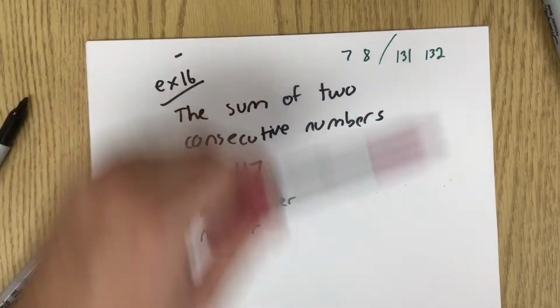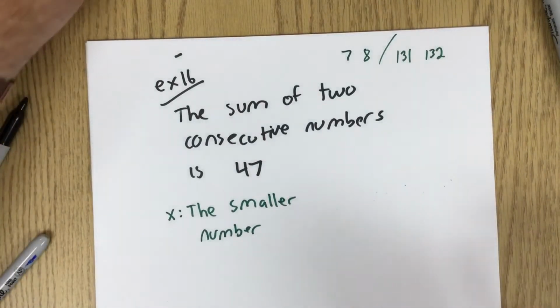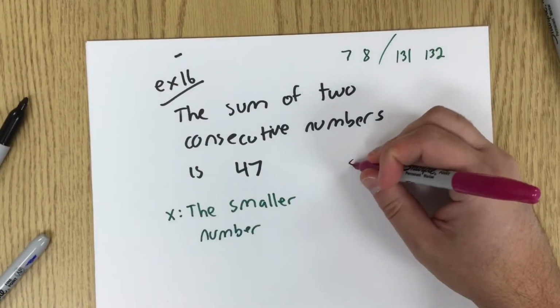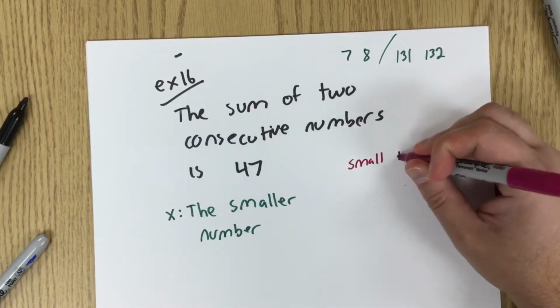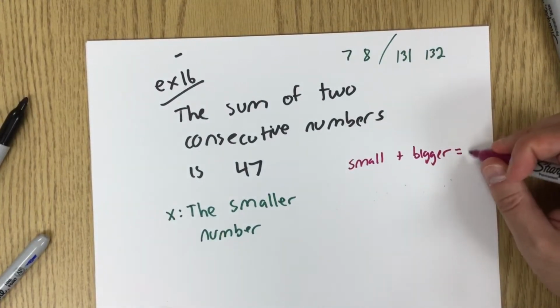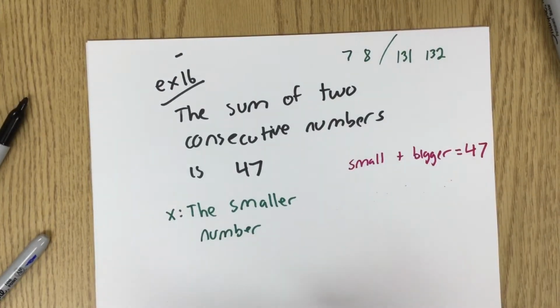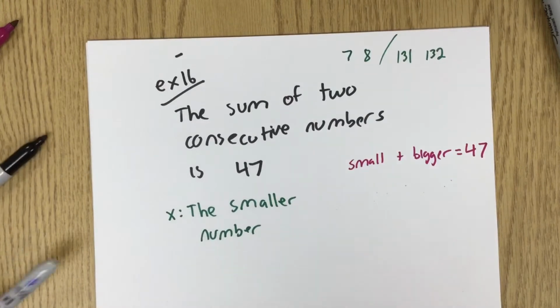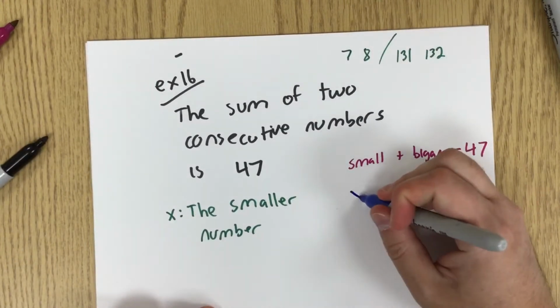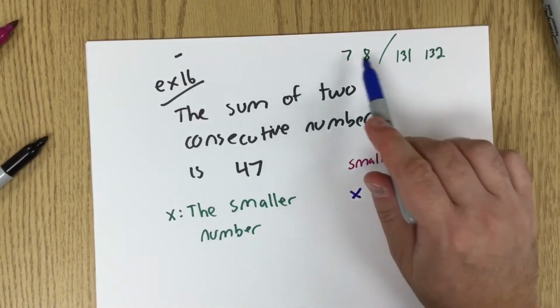Now why does that matter? So what we have is the sum of two numbers. So we have the smaller number plus the bigger number, and that's going to equal 47. So the smaller number is x, for sure. But the bigger number is